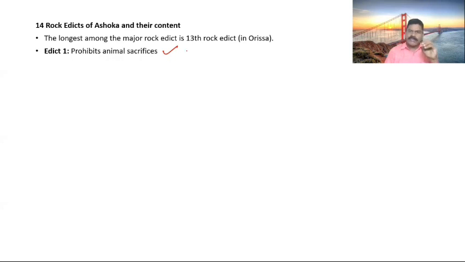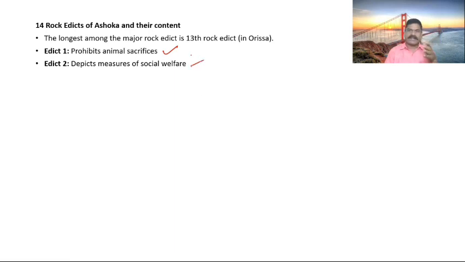According to some evidences, he allowed only two dishes: one peacock and two deer were allowed in the royal kitchen. Except for one peacock and two deer, he did not allow any animal to be killed in the royal kitchen. He followed this himself first, then he started to preach to the people.